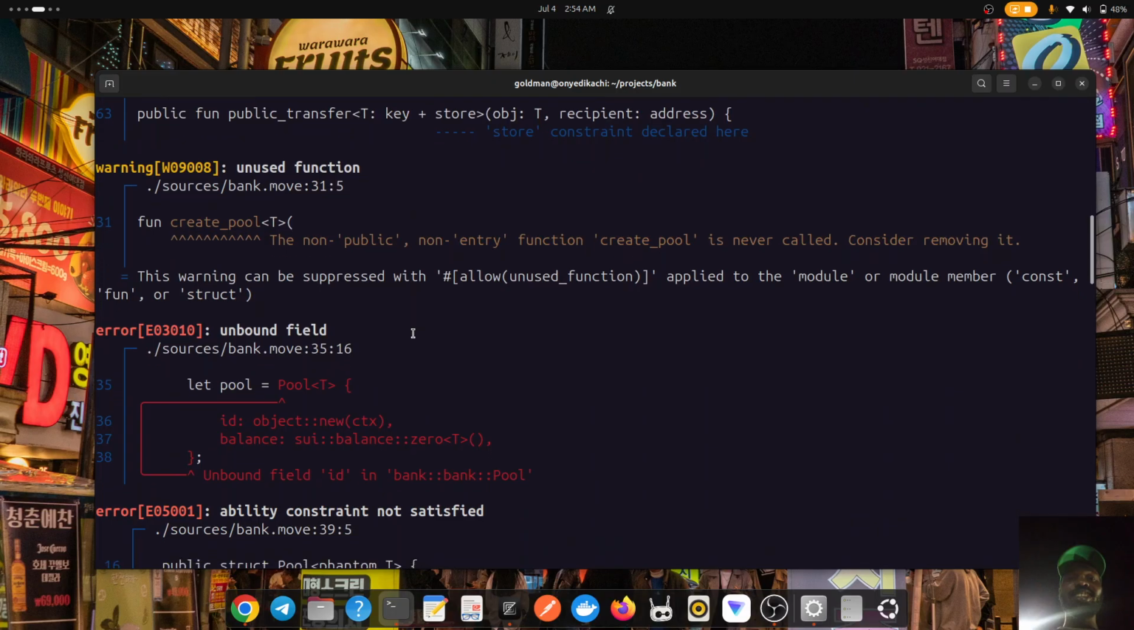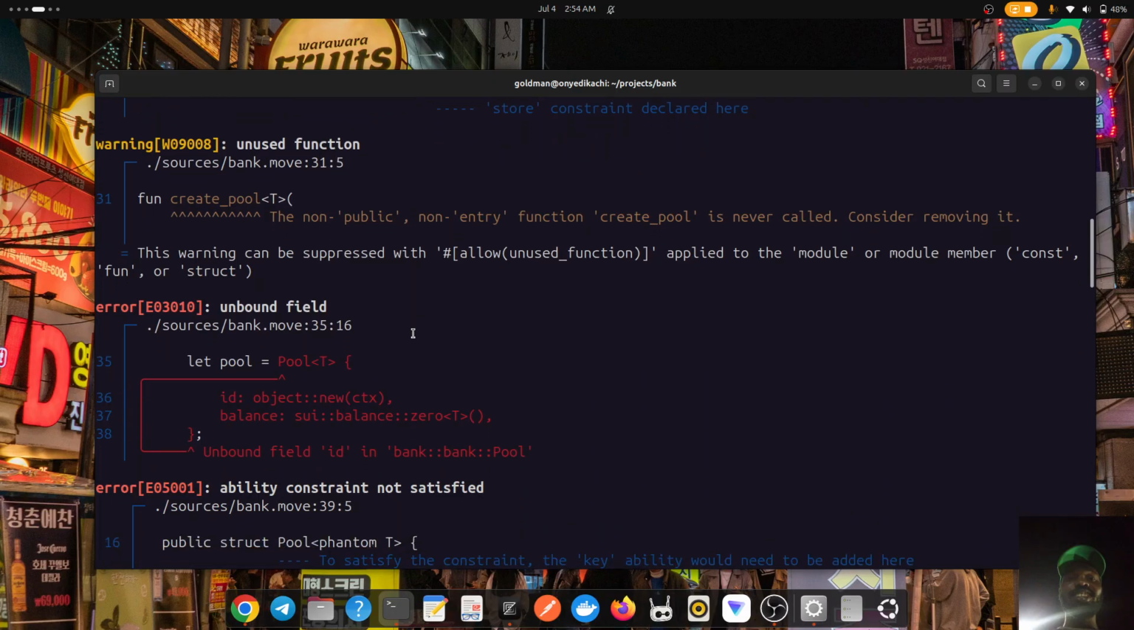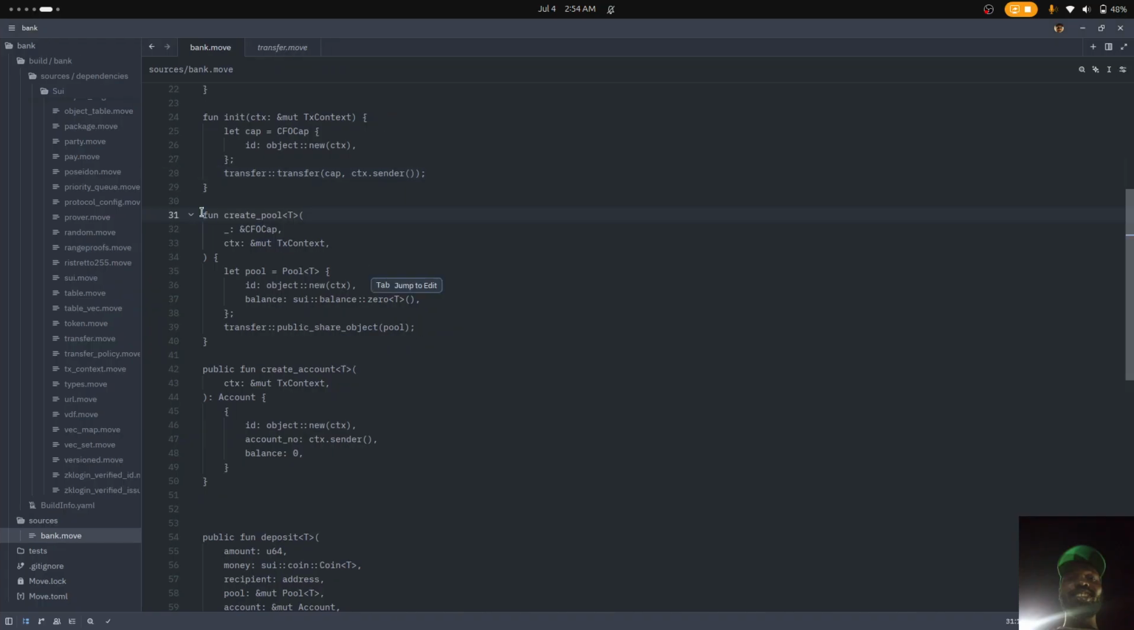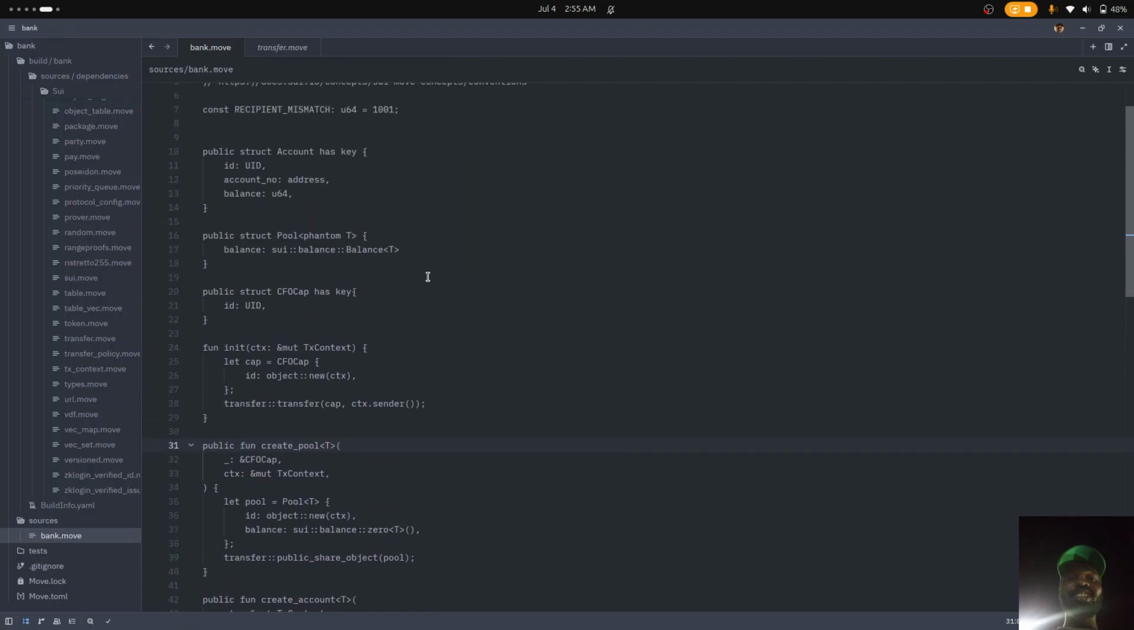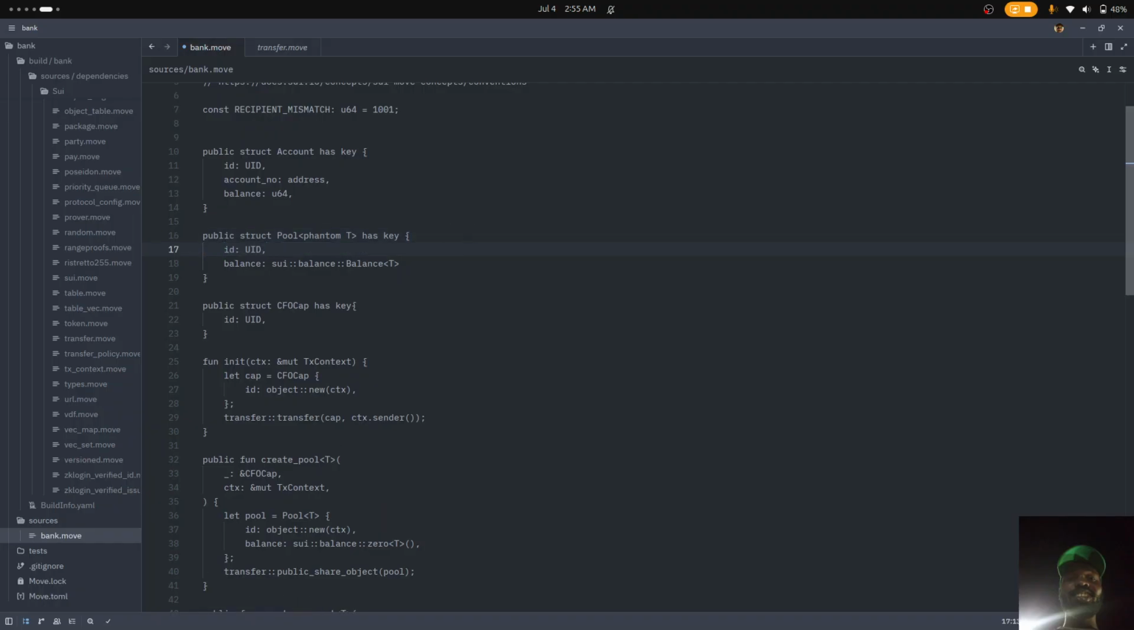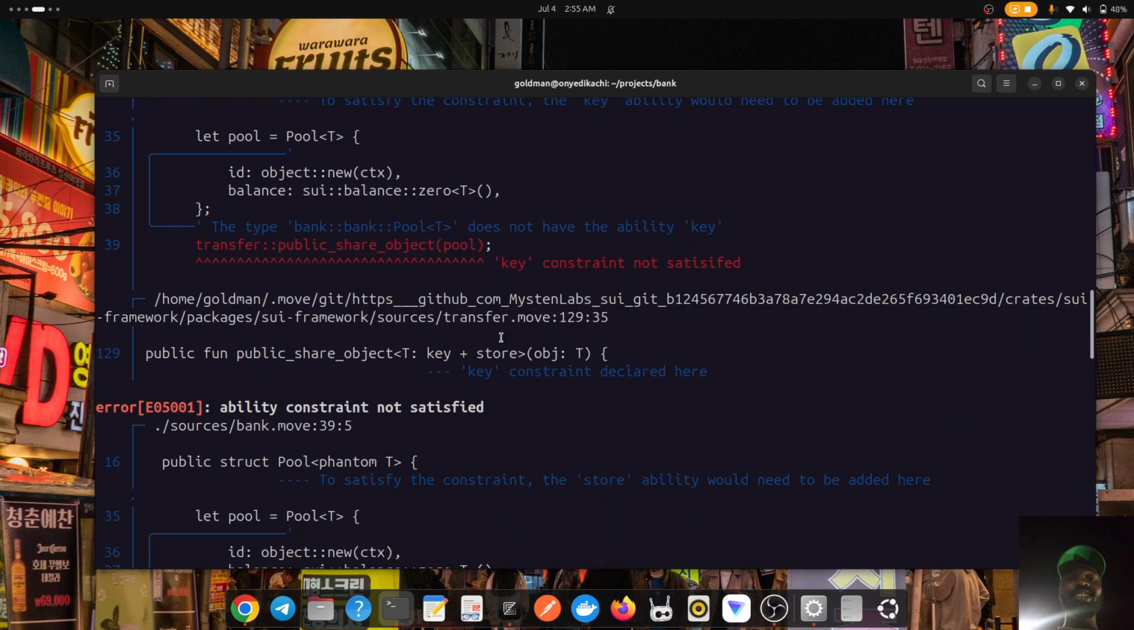Then create pool, some public, says unbound field ID. Ouch, that was good. That was very good. Yeah. So this is how it works. So then